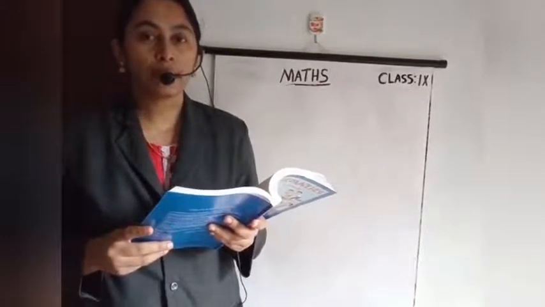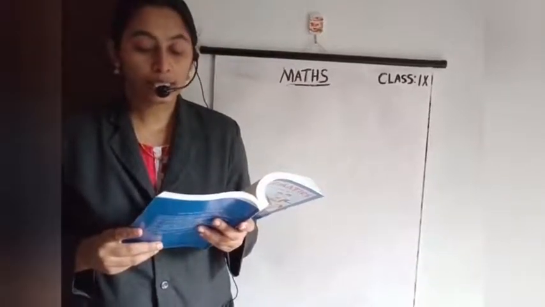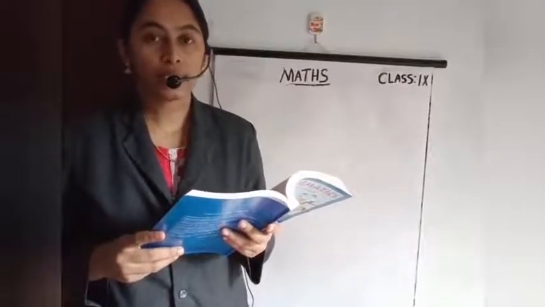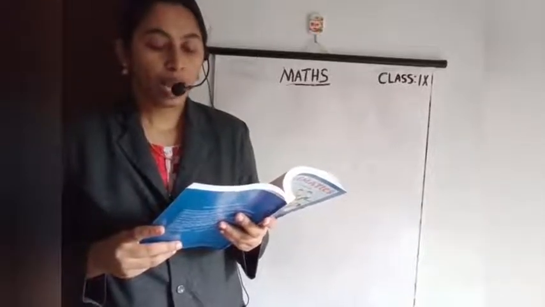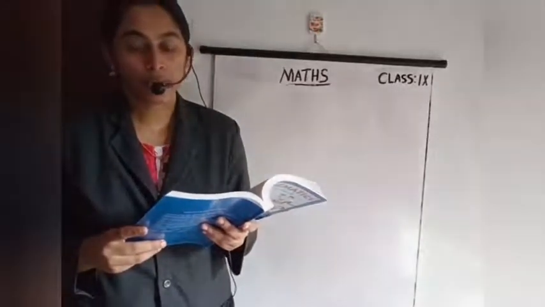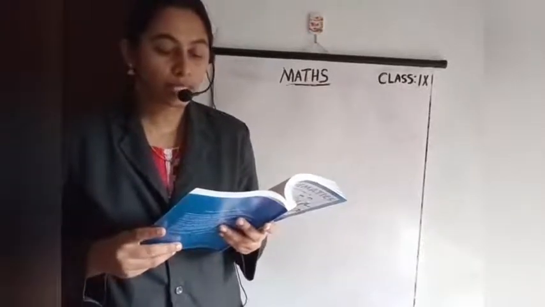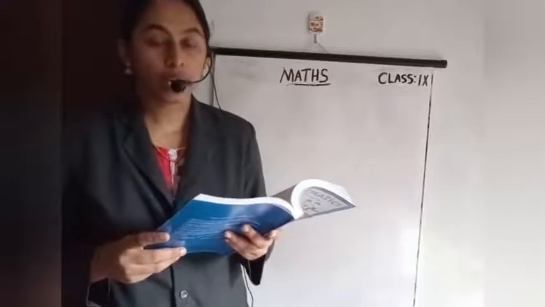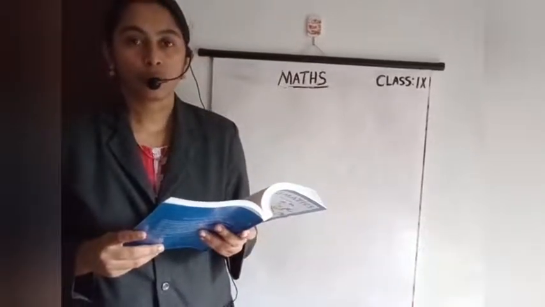So its inner diameter is given, 3.5. So the inner radius is 3.5 by 2. Deep means its height is given, 10 meters. So take the height as 10 meter and the radius as 3.5 by 2 meter. Find the inner surface area, that is 2 pi rh. Then the second sub question is asking about the cost of plastering this curved surface area at the rate of rupees 40. So inner surface area into 40, we get the total cost also. So this is also for homework.